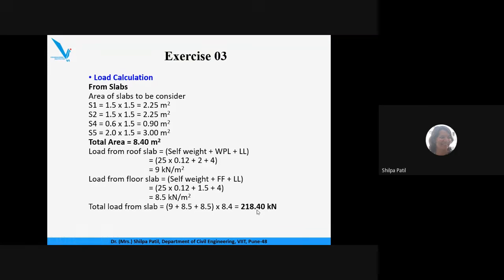Always keep in mind, we design the slabs for UDL, we design beams for UDL, but we design columns always for point load. We do not calculate the load in UDL for columns. Columns are always designed for point load or a moment depending upon the situation. Is it clear how the load is calculated coming from slab? This is the approximate method. Is it clear, guys?